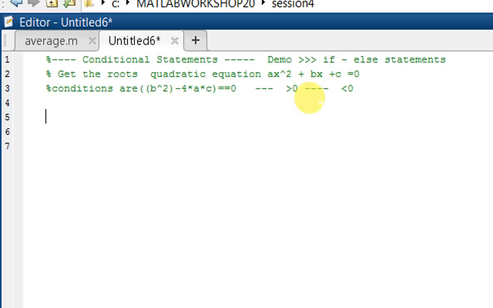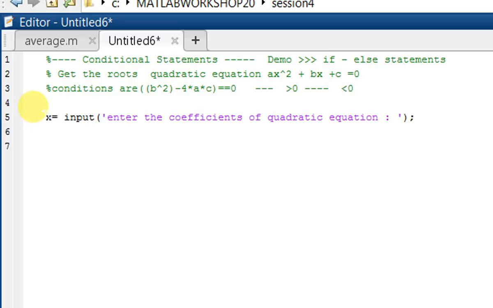Then for getting input from the user for this quadratic equation, what input do we have to get? We have to get the coefficients of this quadratic equation, that is the a value, the b value and the c value from the user. So these are user defined inputs.